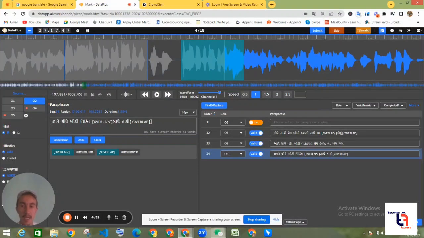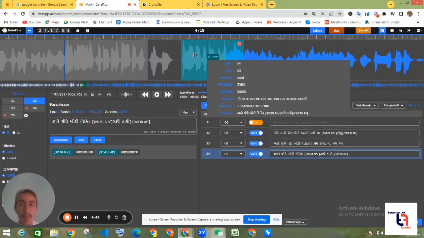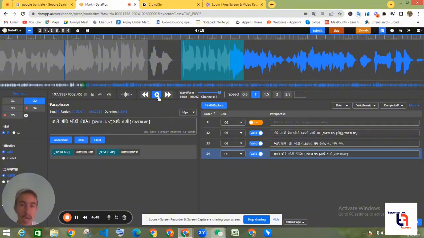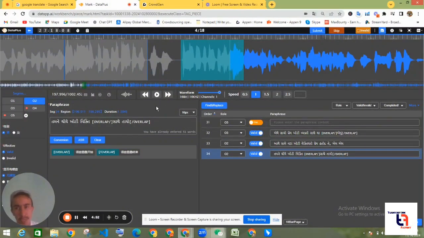As this is Gujarati language, many of you will understand it or not. So in this language, in this segment, the main speaker is speaking. The main speaker means the person who has started speaking from the beginning of the segment. This person is the main speaker, and at the end he is also speaking, but 2, 3 words have been affected from the overlapping of the second person. So in this segment, the person says that